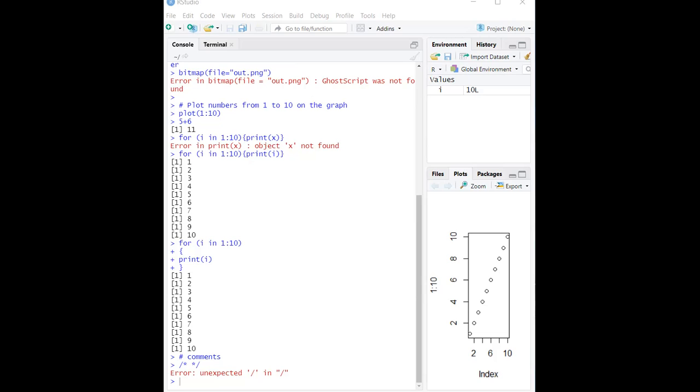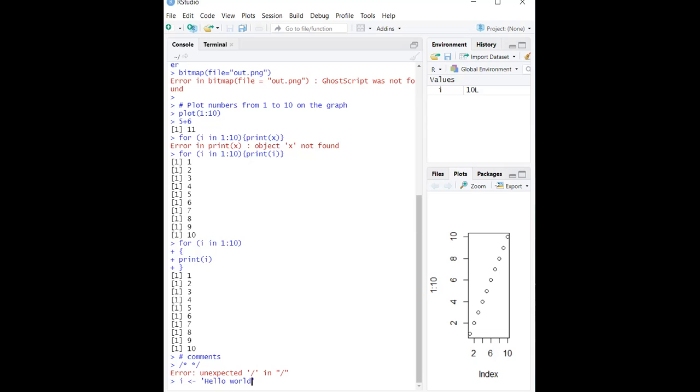In assigning a value, you can use the arrow mark symbol, like this: variable I, arrow, hello world. This assigns the string hello world to the variable I.